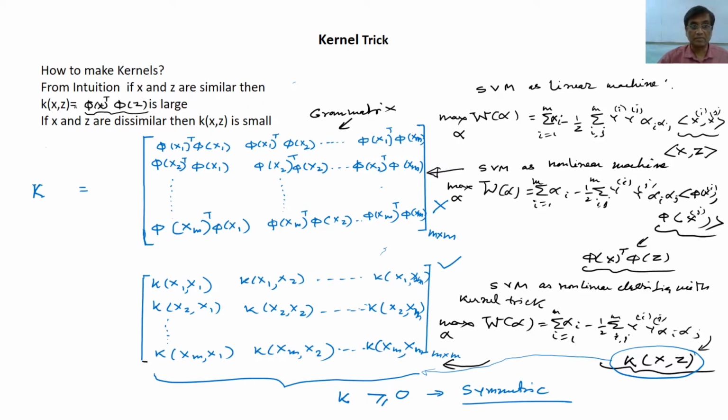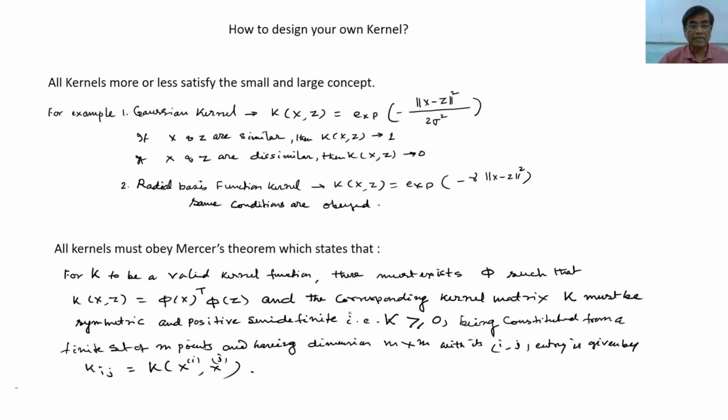Not everybody can be a kernel, right? So the concept of kernel is clear right now. Kernel trick is also clear. So now let us see, with that intuitive concept, how you can design your own kernel. You need not, because so many people have already done a lot of research and developed many standard kernel functions which you can use, but nevertheless you should know that they should have